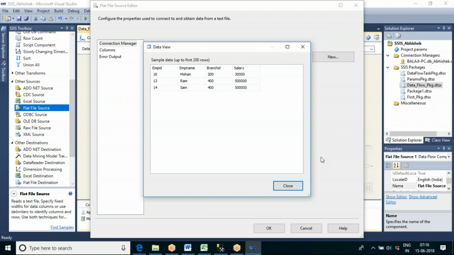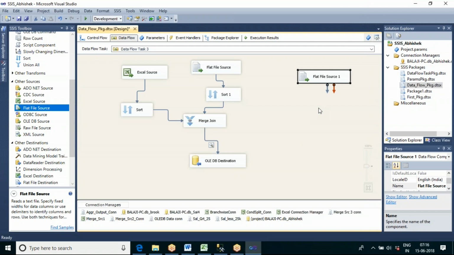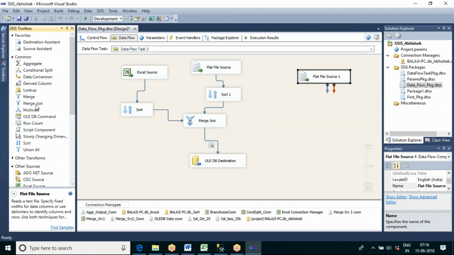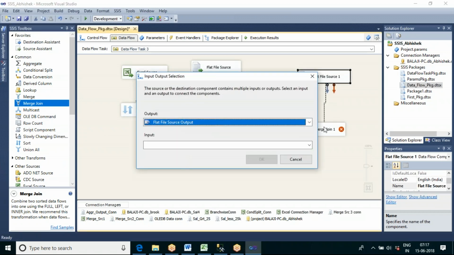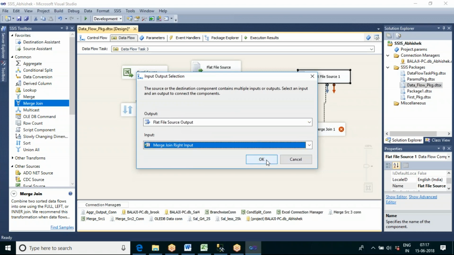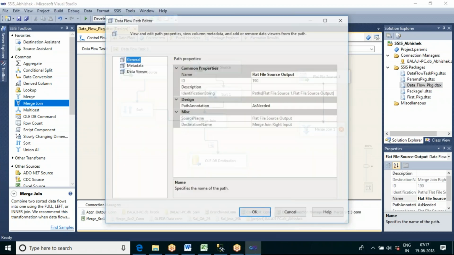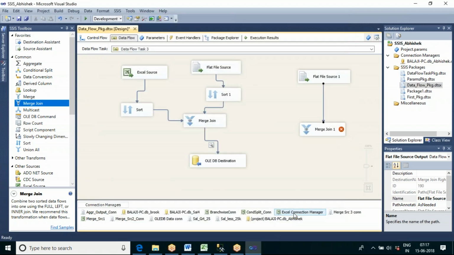So now you can see we have the third data coming here. Now I want to apply the join, but my merge join will accept only two inputs. So what we can do is take one more merge join, and for this merge join let me make this one of the inputs. It will accept only sorted data. Let me make this the right input, and since it accepts sorted data, let me delete this, and before sending let me sort the data.